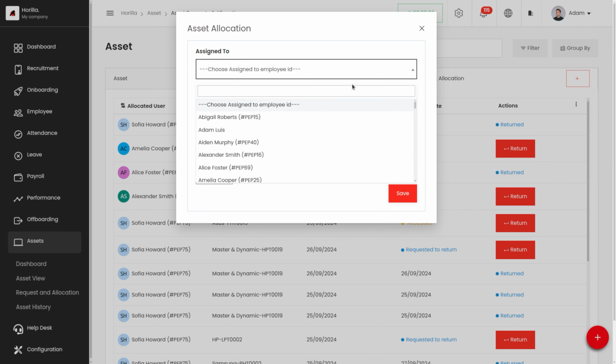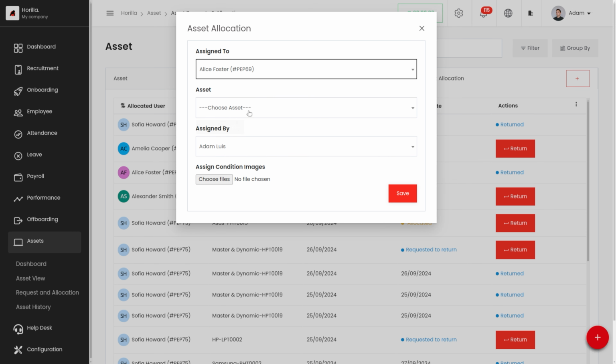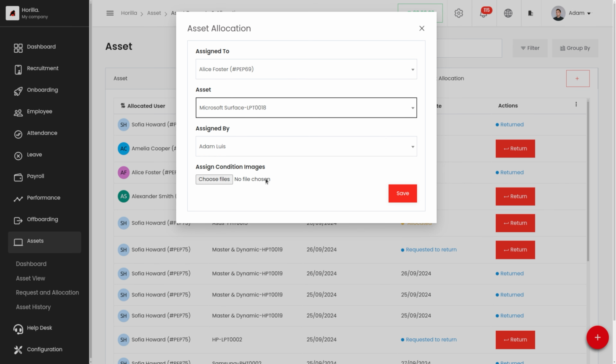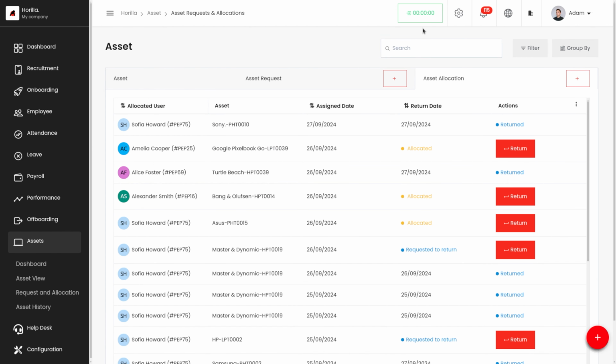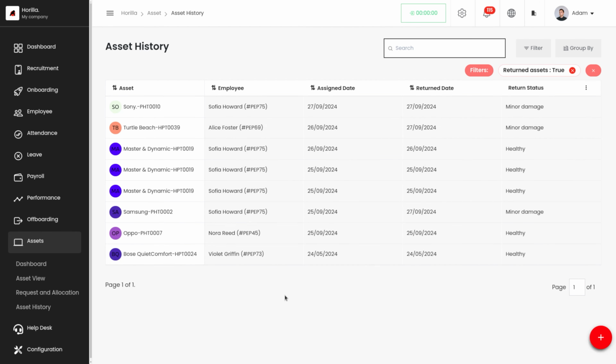We can give whom he is going to assign the asset to, which asset he needs to assign, and he can give assigned by and the assigned condition images also. Like this, he'll be able to manage all the asset-related details from his portal, and he can also view the asset history as well.